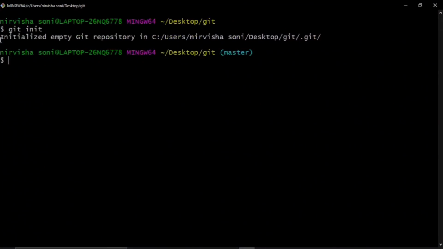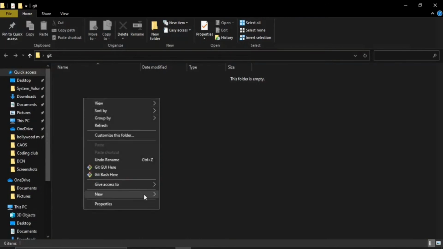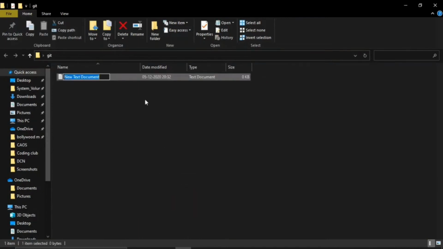So we can say that we have successfully initialized an empty Git repository now. So let's go and add some files in this repository. I'm going to add a simple text file here, and I'll be naming this as file1. So this is my master branch right now.